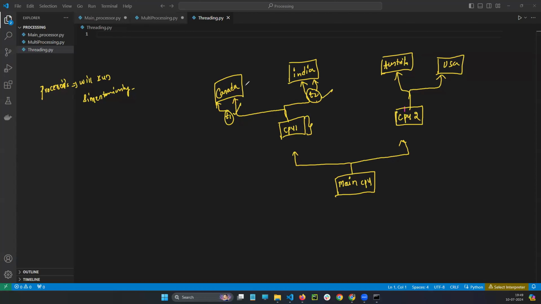Okay, the CPU will run one function, and only after completing it will it run the other function. But here they work simultaneously. The processes will run at a time, but the internal functions will run one after the other. In Java, processes will run at a time, even the threads also will run at a time. Imagine how fast the applications will be.